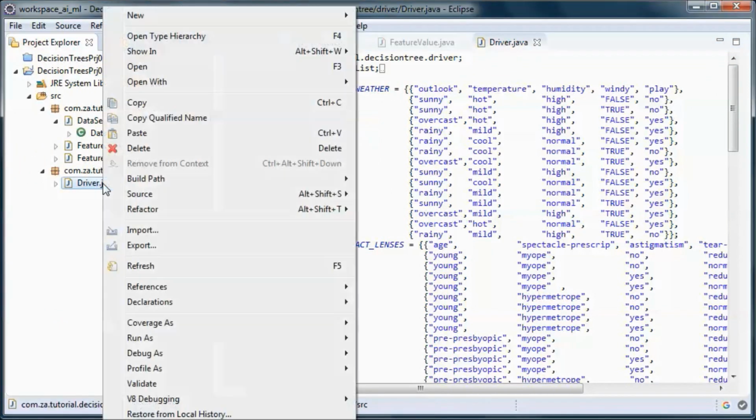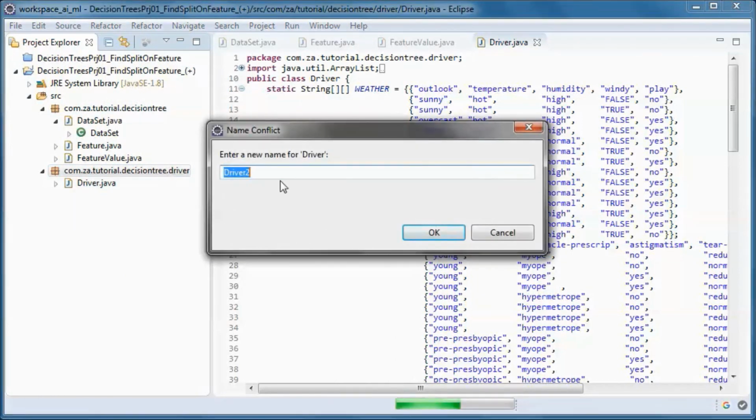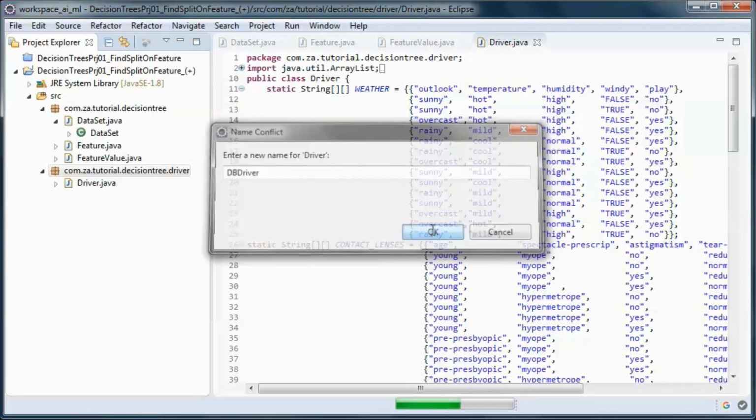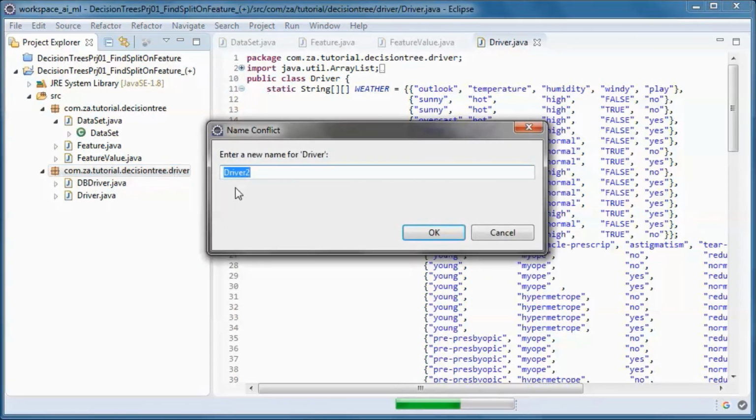And next we need a driver that will be picking up data from the database. And one that will be picking up data from a file.